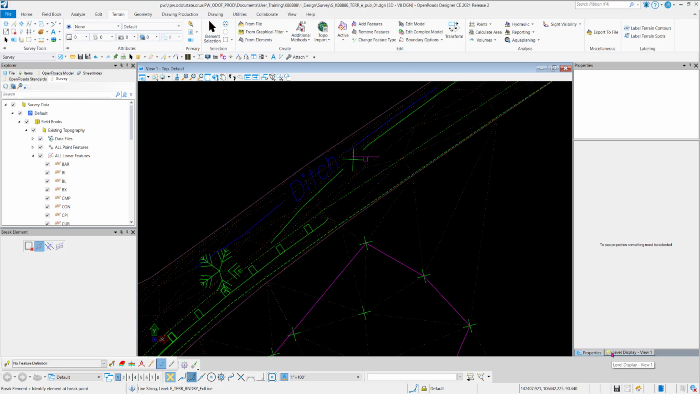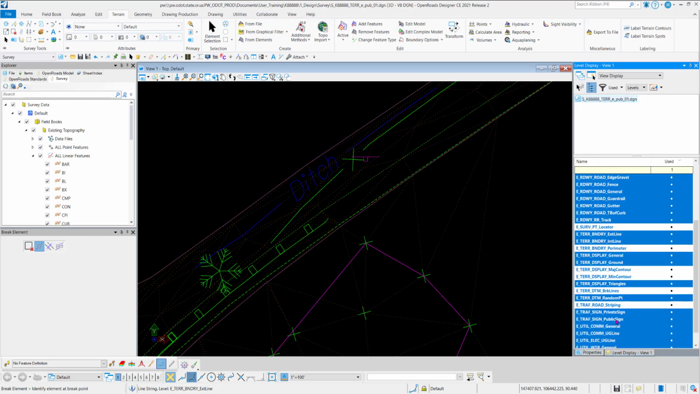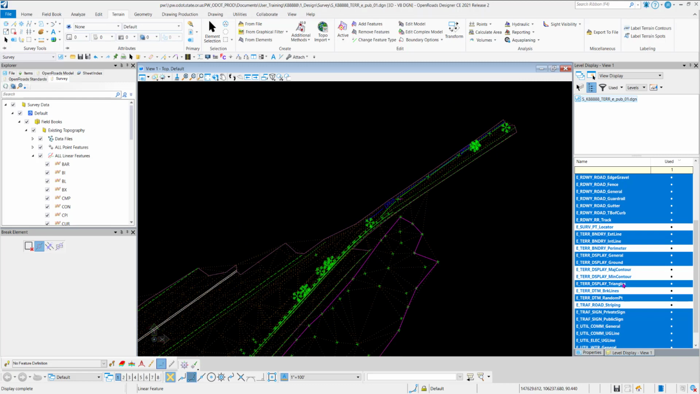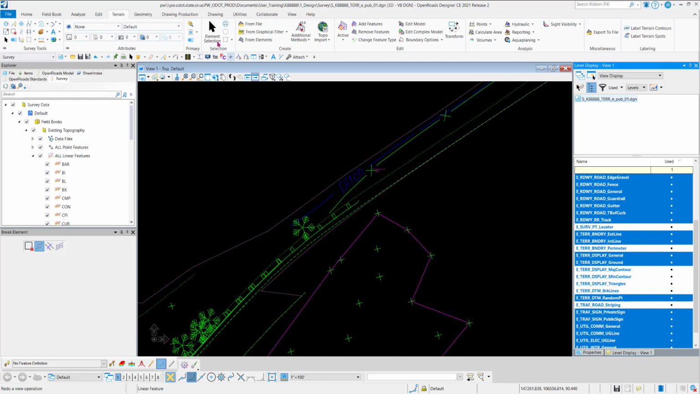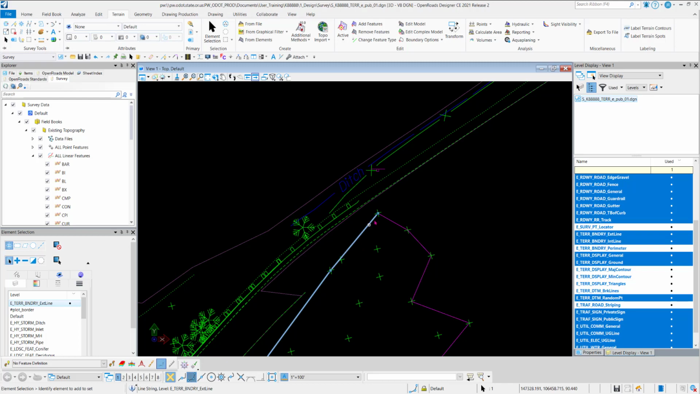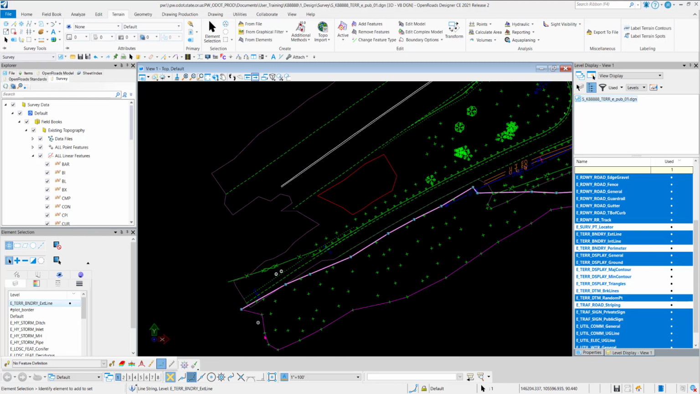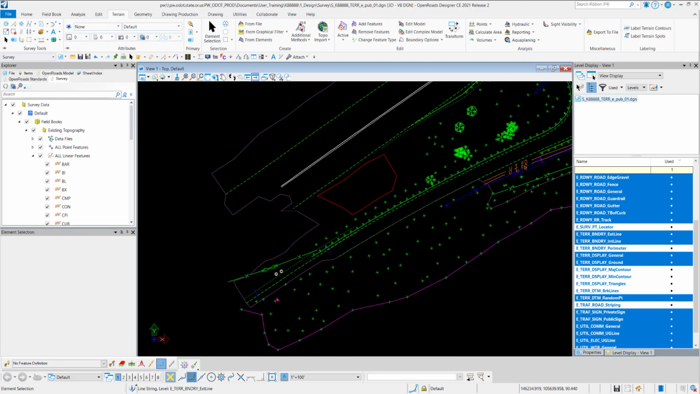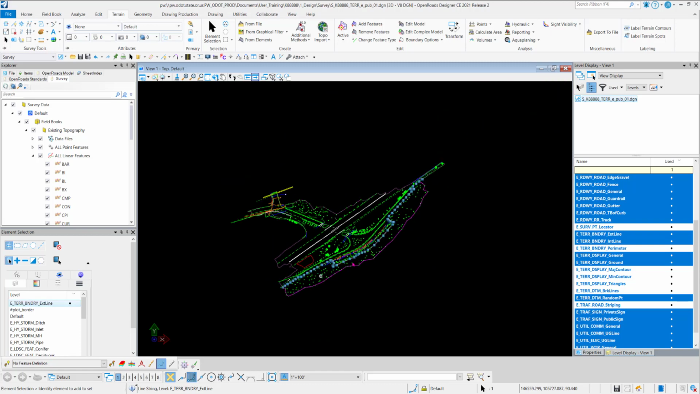Let me make sure I'm selecting the right thing. Make sure my striping is turned off. It is. Okay. I'm going to turn off my triangles to make this easier to select. So I can delete these pieces of the graphics that I do not need on both